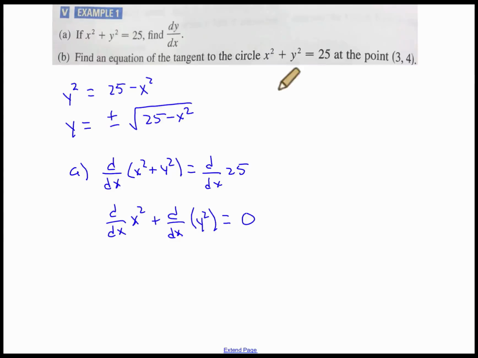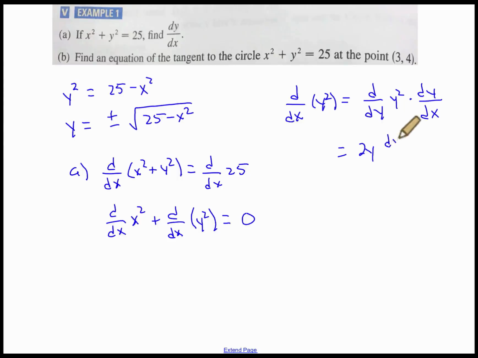So here's our issue, and I'll work that a little bit up here. d/dx of y squared is equal to, using the chain rule, d/dy of y squared times dy/dx, derivative of outside times derivative of the inside, because we can think of y as in terms of x. And so the derivative d/dy of y squared is simply 2y dy/dx. This is going to end up being what we're solving for, dy/dx. So d/dx of x squared is 2x, and d/dx of y squared is equal to